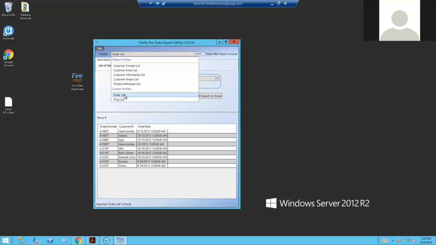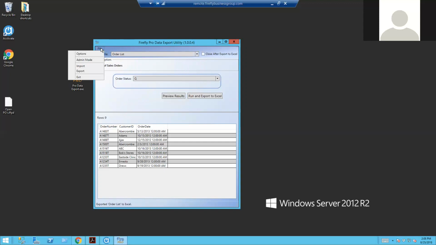So let's say I have the order list, and I think it's fabulous. I want to use it again, and I have a user in my staff that I want to have that order list. What I would do is hit the export button,